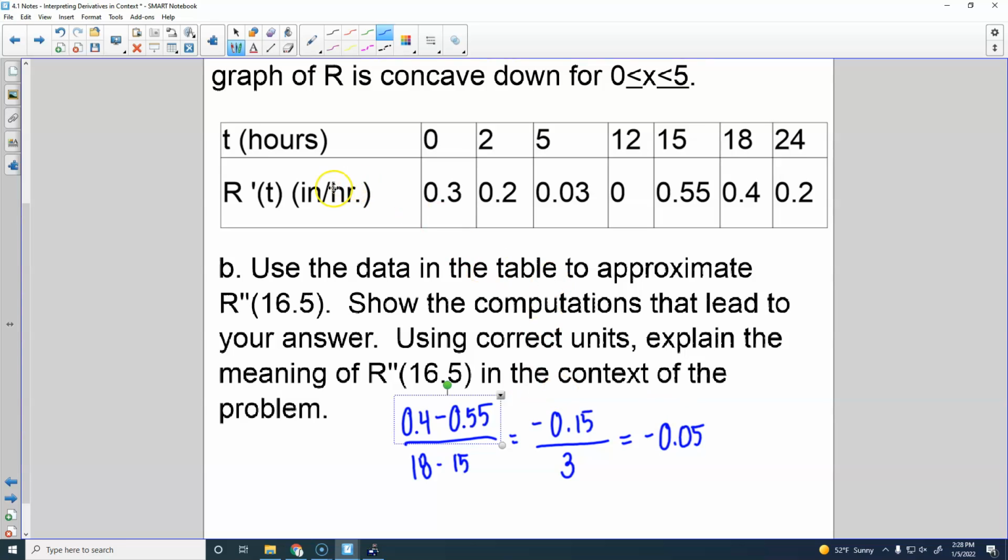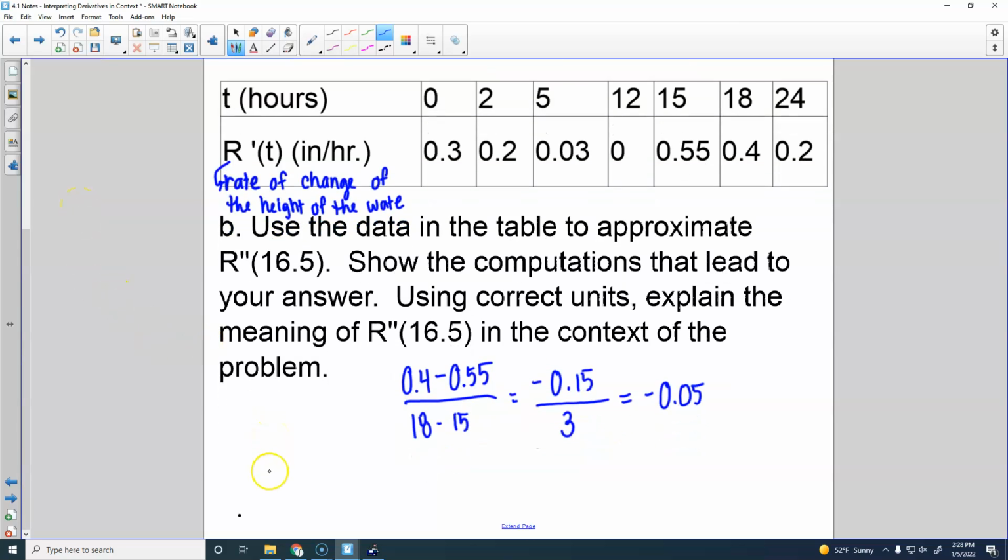So let's think about it, we're taking the derivative of R prime. What is R prime? It is inches per hour, which is the rate of change of the height of the water. So that is R prime, right? Rate of change of the height of the water is R prime. We just found the rate of change of that, the slope of that. So we would say at 16.5 hours, the rate of change of the height of the water